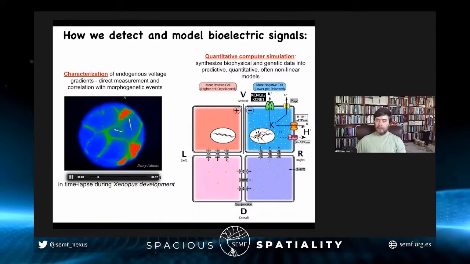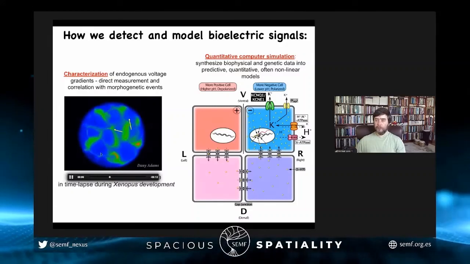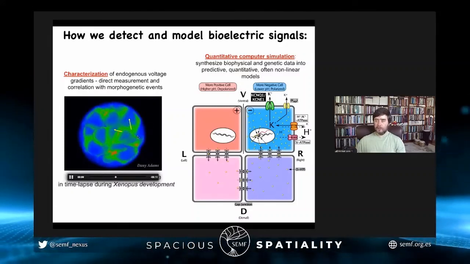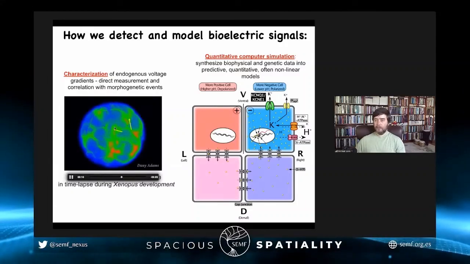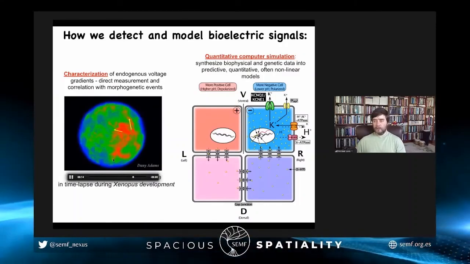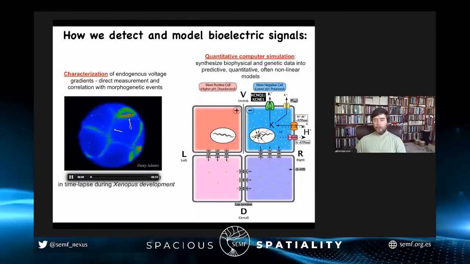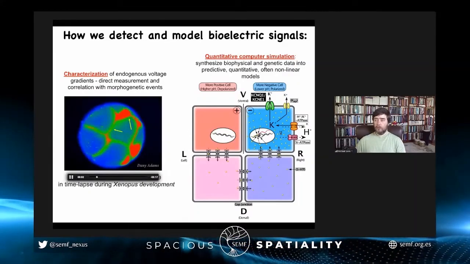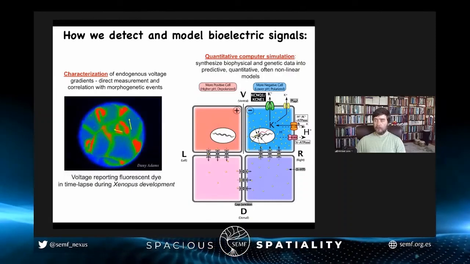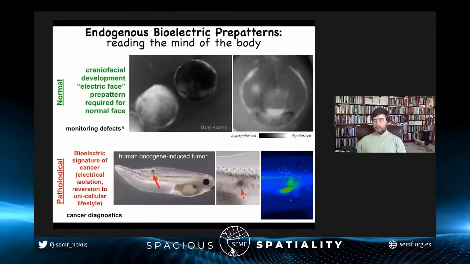So of course these are voltage sensitive fluorescent dyes that report all the electrical conversations that these cells are having with each other. So here's a time lapse of these cells figuring out who's going to be left, right, dorsal, ventral. All of this is you're looking at these cells having those conversations. We do a lot of computational modeling to ask, okay, given where the ions are going, how can we predict these voltages? I'm going to show you two patterns.